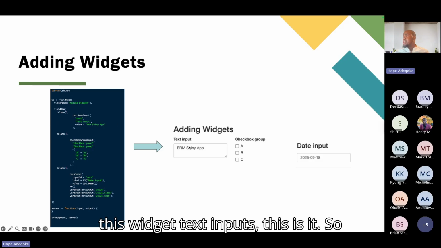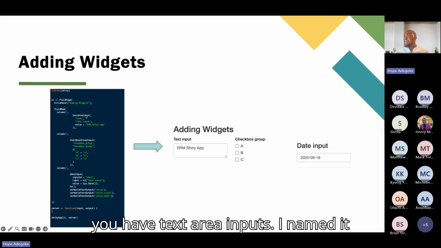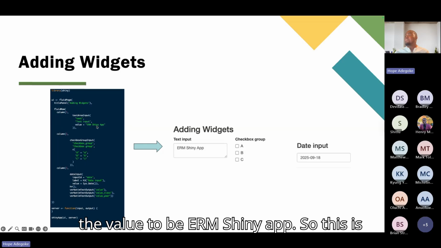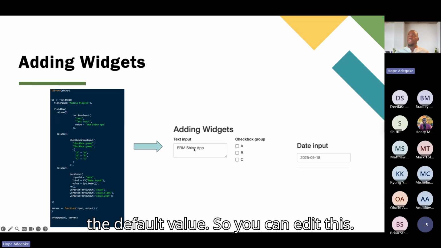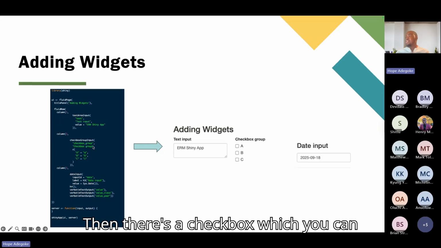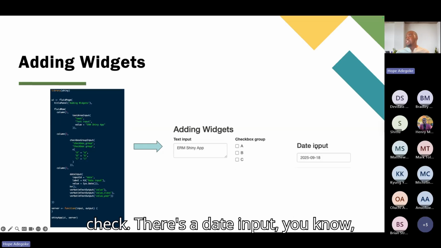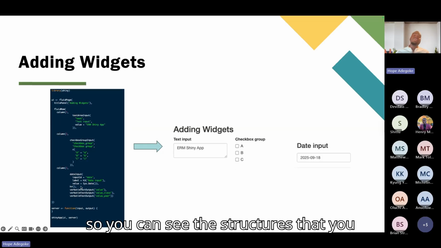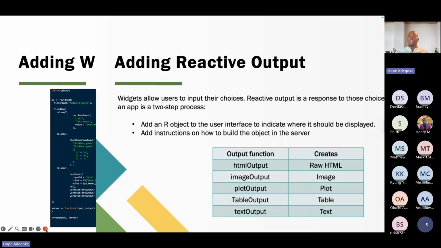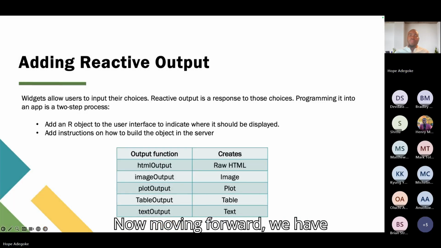Then this widget, text input, this is it. So you have text area input. I named it text, and I want the label to be text input. That is what is showing here. And the value to be ERM Shiny app. So this is the default value. So you can edit this. Then there's a checkbox, which you can check. There's a date input. So you can see these structures that you can add to your Shiny apps. Now, moving forward, we have